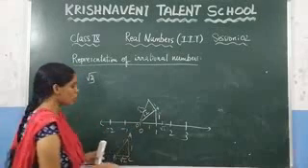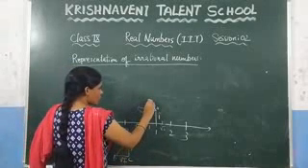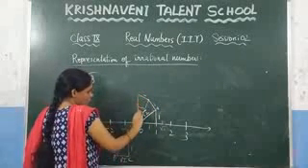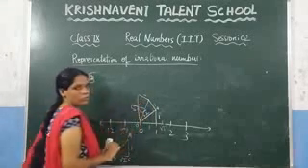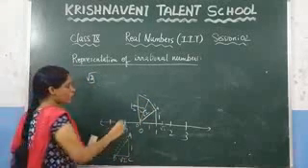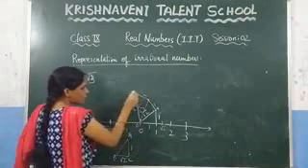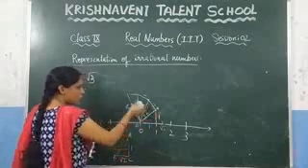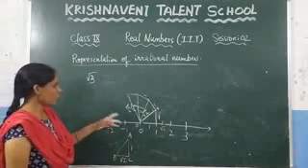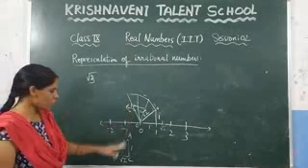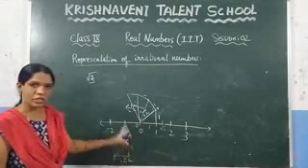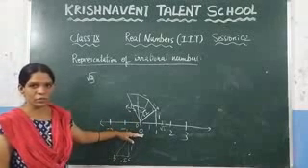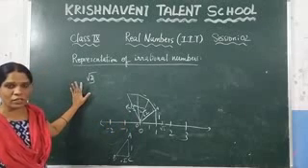If you want to represent root 4 on a number line, again, this value is root 3. At this point, draw a right angle and draw 1 centimeter length. And now join this one. This will be the value of root 4. Again, if you want to represent root 5, at this point, draw a right angle triangle and take 1 centimeter length and join these two values. This will be the value of root 5. It will continue like that. Before, we did the example of root 5 by taking the sides as 2 and 1 so that you get the hypotenuse as root 5. Like that also you can do it, or otherwise like this also you can do it. This is the representation of irrational numbers on a number line.